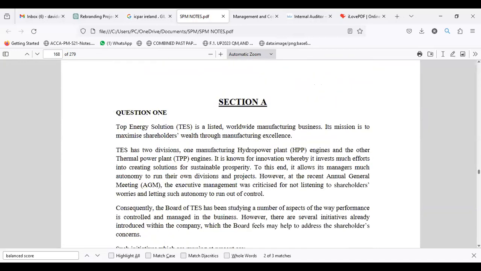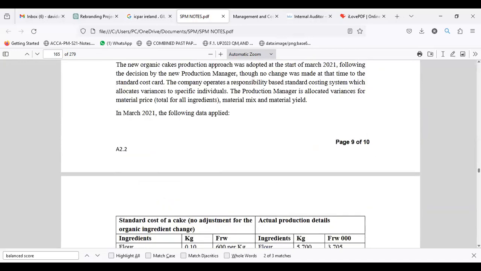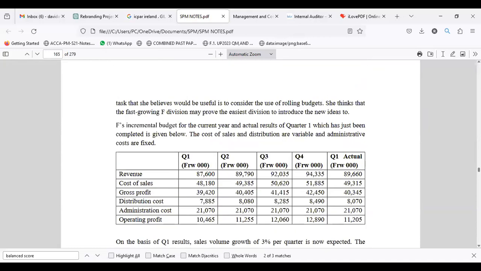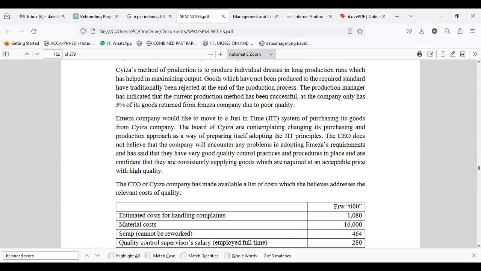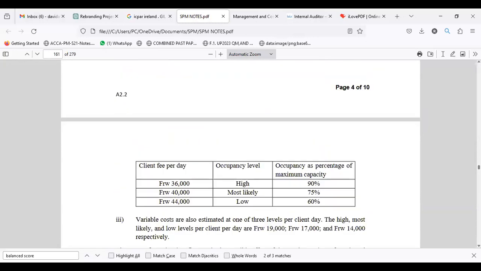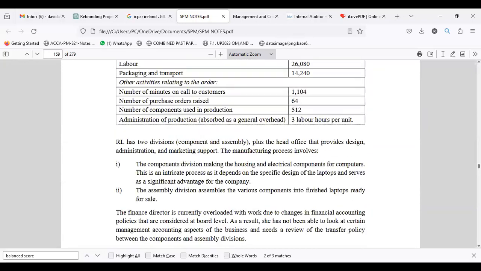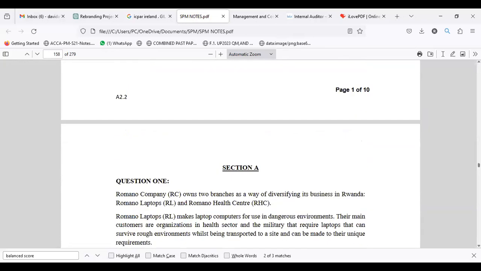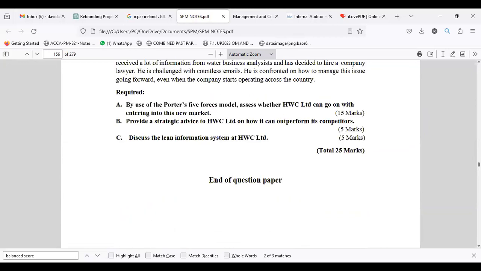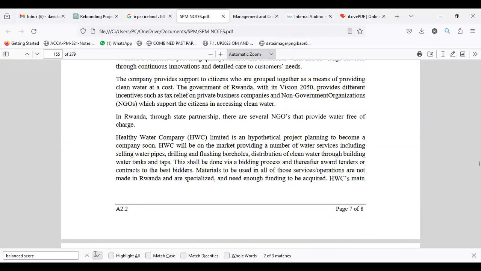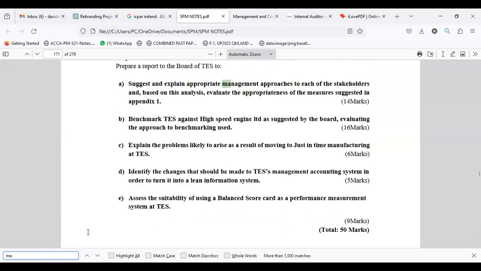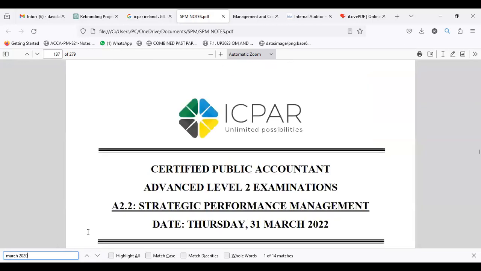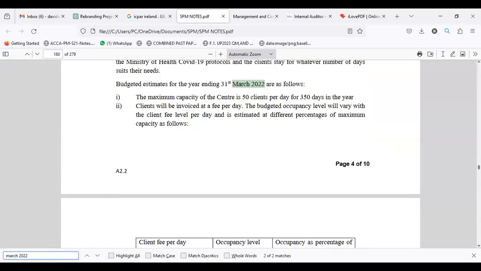Now, that's not the only question. Although I have searched, it's not coming through. If you check March 2022, there was a question on the balanced scorecard, which is what you need to look into and see. Let me check where it is. I don't remember the page. Now you have seen an example of how they ask. The other one, I think, is not coming through. I think it is only that. Let me check March, because I know there is a question in March 2022.